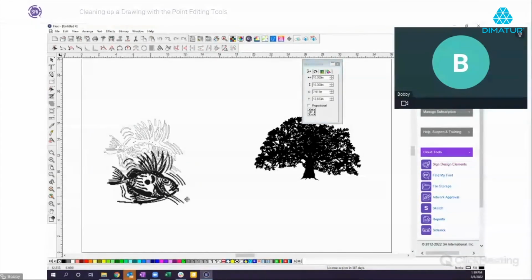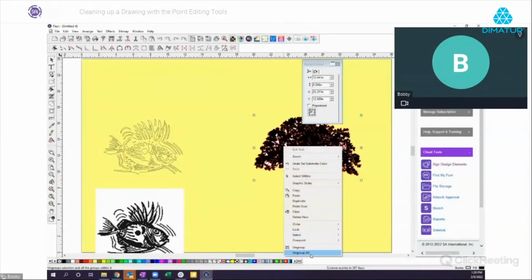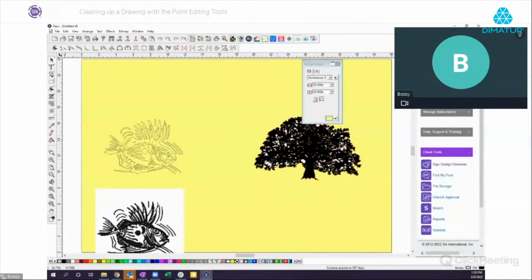Let's grab my fish, pull it off. And again, the tree actually is already a vectored image. One of the things I also want to show you on the tree, when you're bringing an image in, you need to make sure it looks like there are white holes in a tree. But actually, when you color the background, you'll notice those are white shapes. I can ungroup it. Those are white shapes on top of a tree,